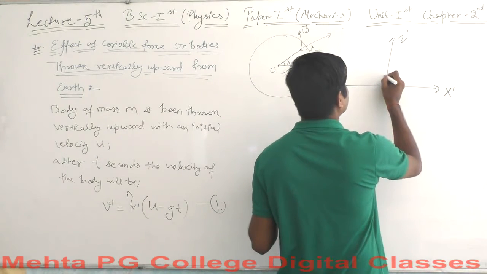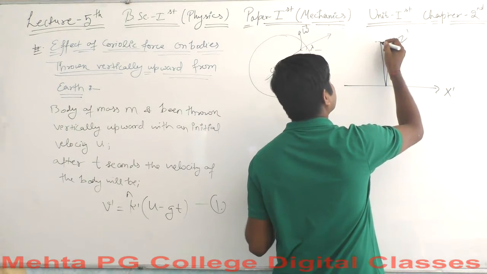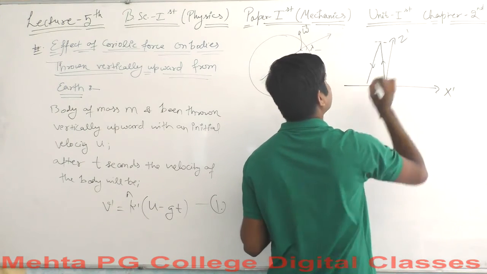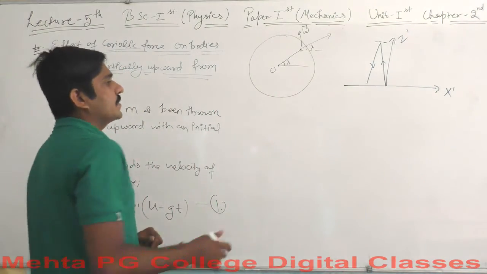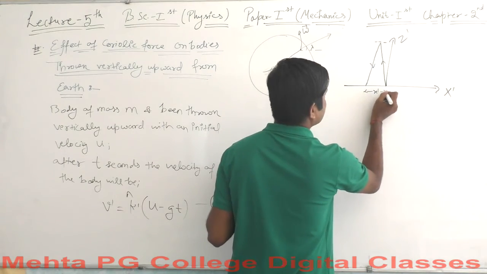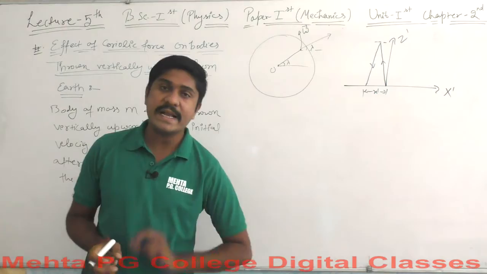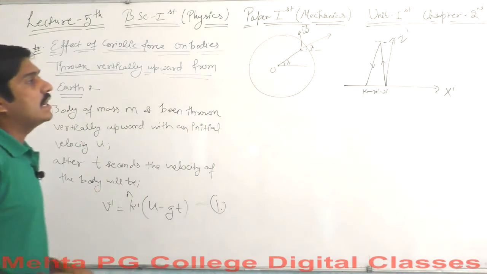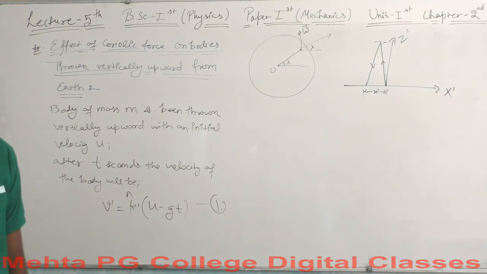and it is thrown to this height, and then it falls back towards a point. This has been thrown to a height and then it will fall back towards a point. Let's say the point is somewhere here, and this is again the displacement. Let's say this displacement is x dash, and now we are again going to calculate this displacement, which is the small x dash here. We will find out this displacement for this example.